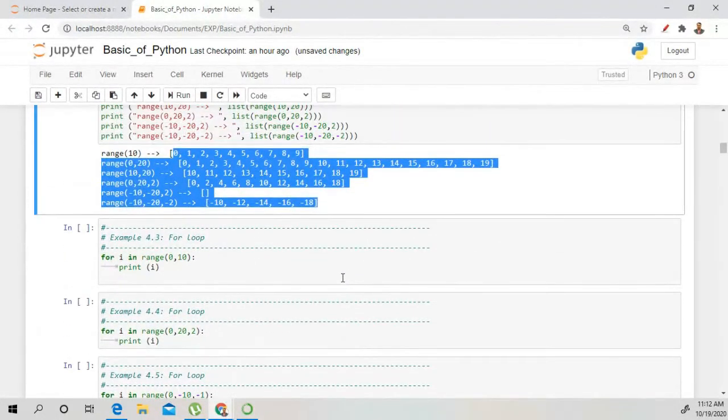Okay, any doubt till now? Write in chat box. Have you understood the range function? Okay,